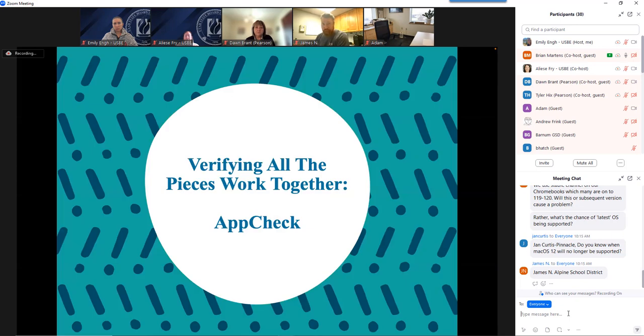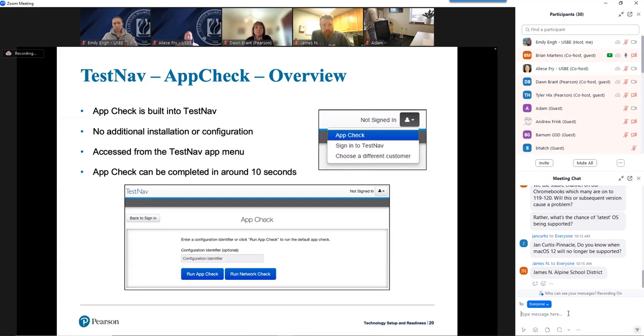So we've got firewalls and content filters configured. We've got TestNav on your student devices. Now we want to check quickly, using a functionality called App Check, to see if the student device has any obvious issues running TestNav and securing the device.